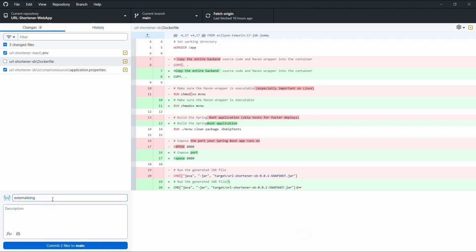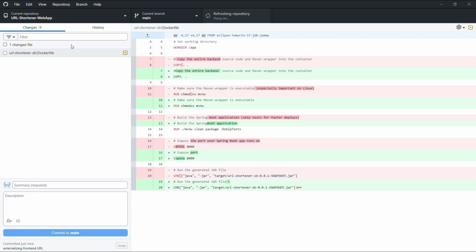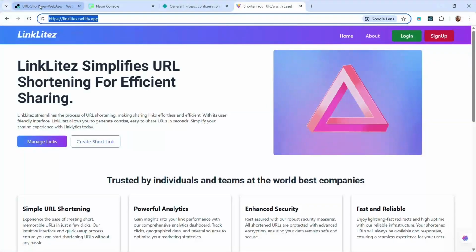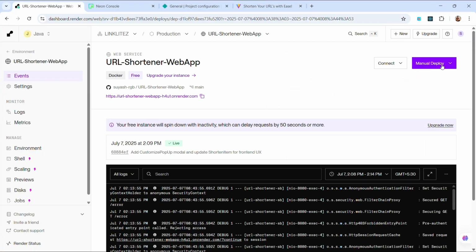So I'm going to give a quick commit message over here, and I'm going to commit this to main. Okay, so this is done, and I'm going to head back to the Render console where we have deployed our application, and I will click on deploy latest commit,